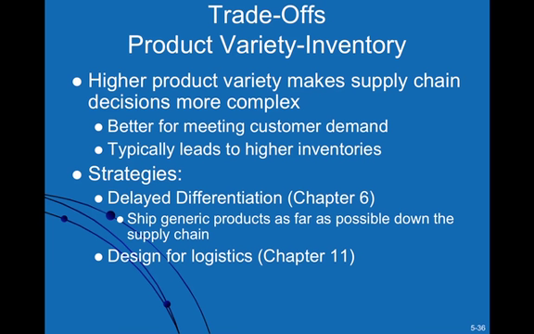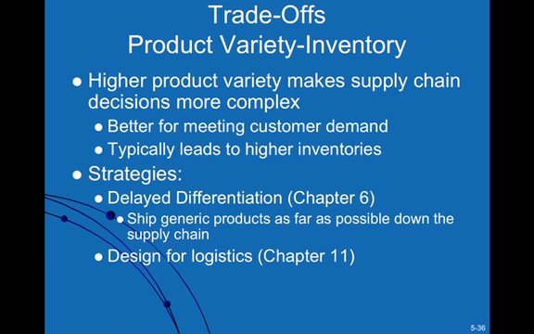The more product varieties that you have, the more you need to keep safety stock of all of these different product varieties, so that drives your inventory up. If you want to meet a certain service level, you will find that with greater product variety, it's a lot more difficult to forecast demand, and therefore, because of the demand uncertainty, or the errors in the forecast, there's a tendency to keep more inventory as a result.